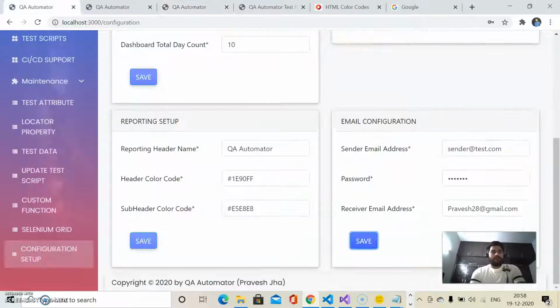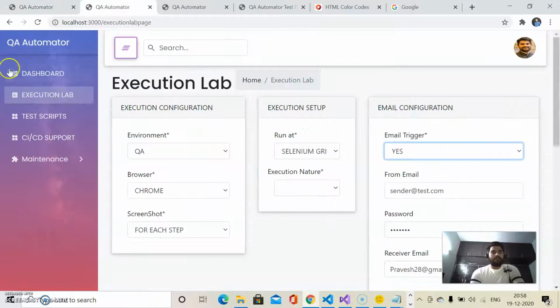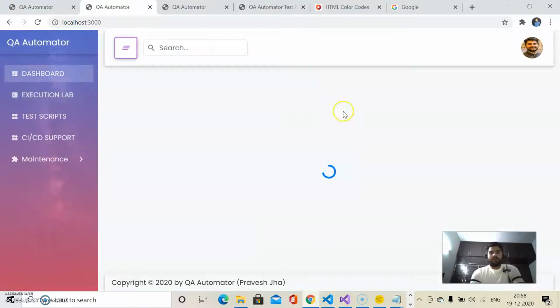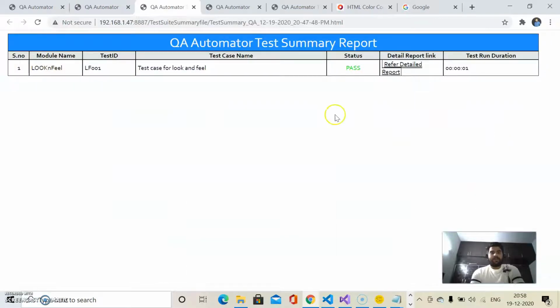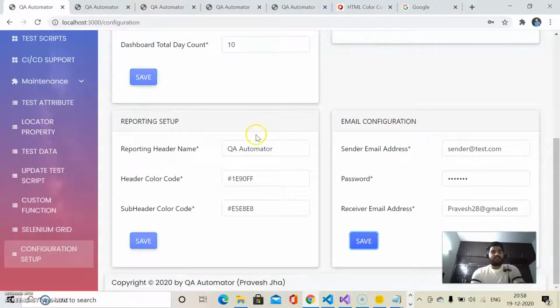Okay, coming to the next section, the reporting setup section. This section is responsible for the look and feel of HTML reports. So let me open any sample report. As you can see, the reporting header is QA Automator and the color is sky blue. You can control the color and reporting header from the configuration page itself.